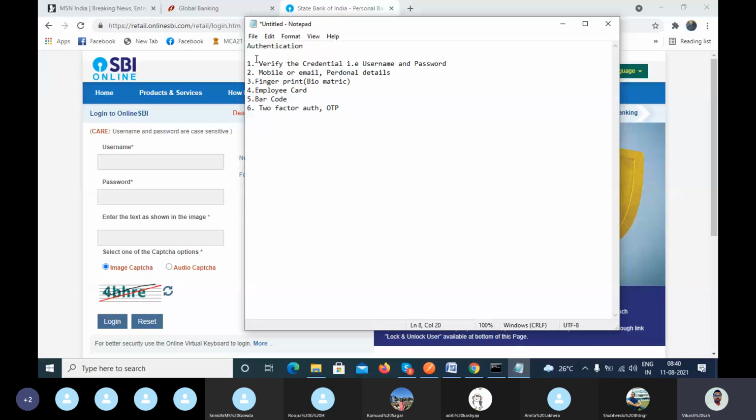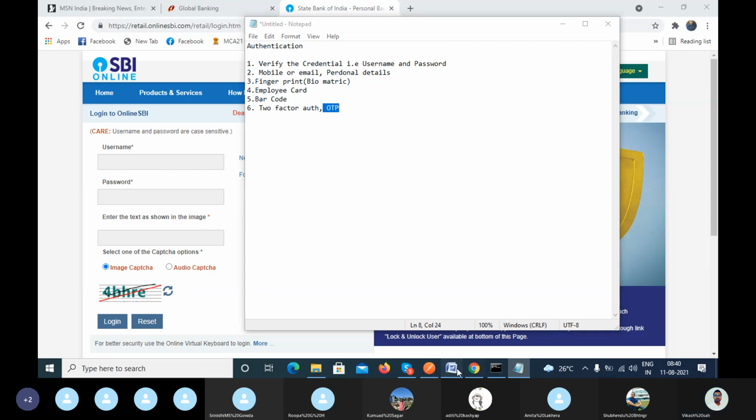They can use username and password, or mobile number and email ID, like when you log in to Facebook. For the fingerprint, when you go to your office, you swipe your card or fingerprint. In some applications you scan the barcode to access it. And there are two-factor authentication and the OTP.